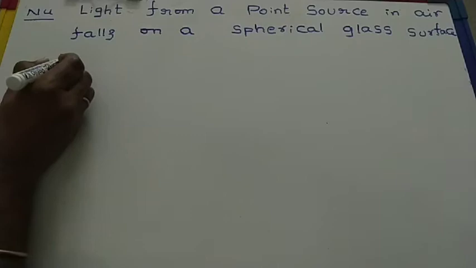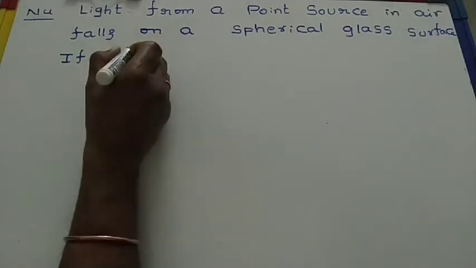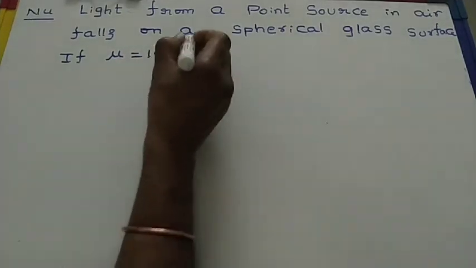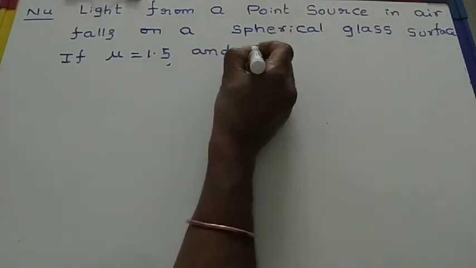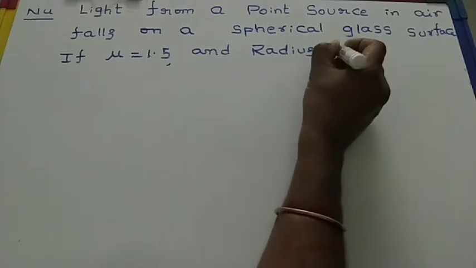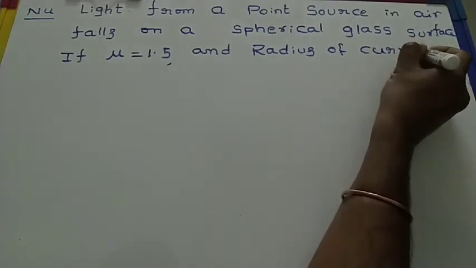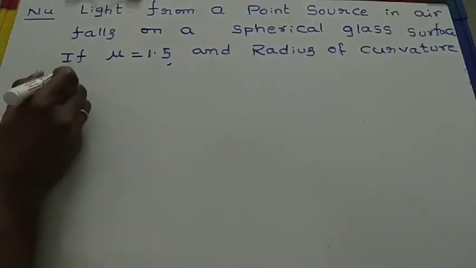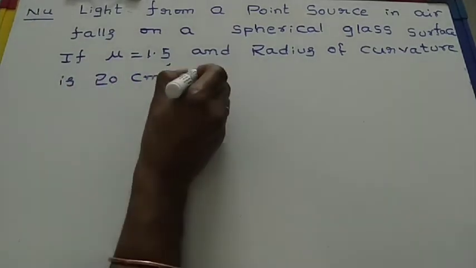If mu, which means refractive index, is equal to 1.5, and radius of curvature is 20 centimeters. The distance